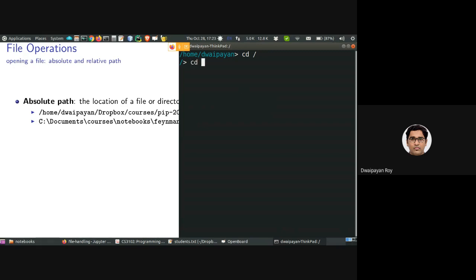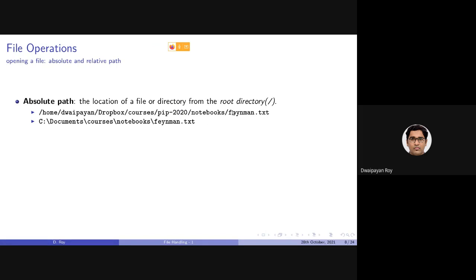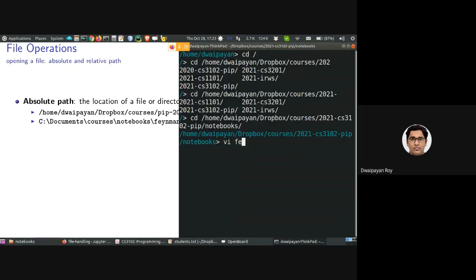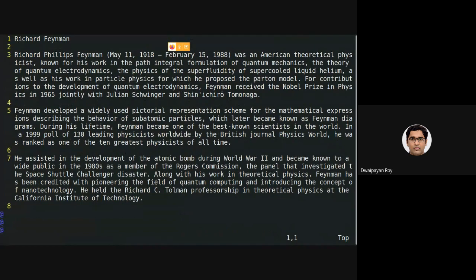Now, if I go to the corresponding folder, I'll be finding that actually I removed the file to another path. So here the file is stored in notebooks. So here you can see the feynman.txt file is present here. So here this is the entire file.